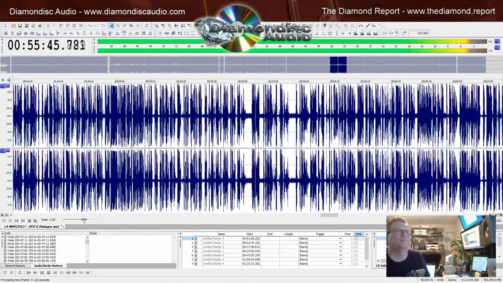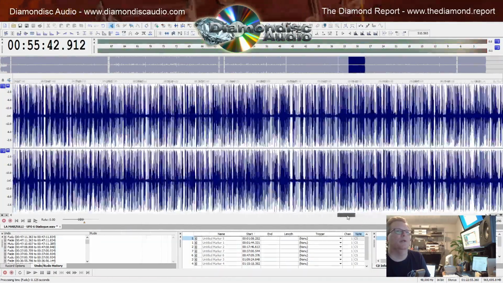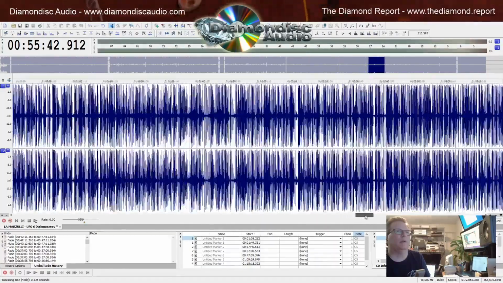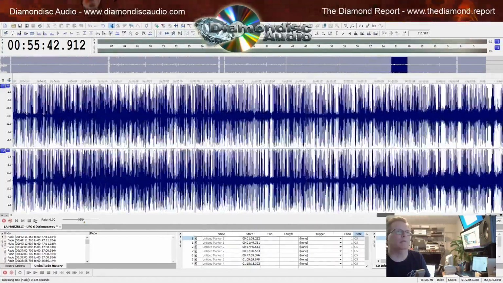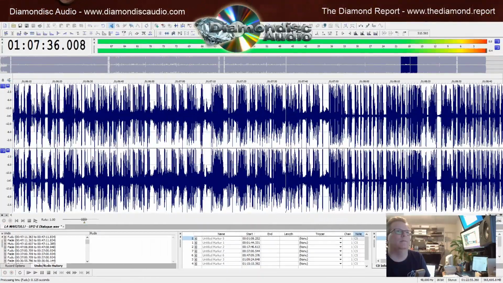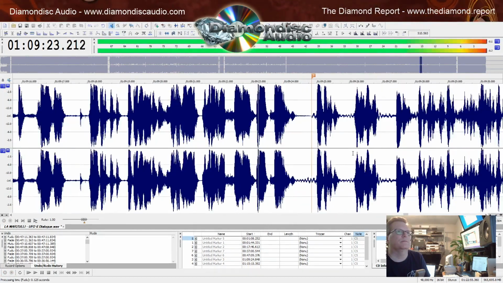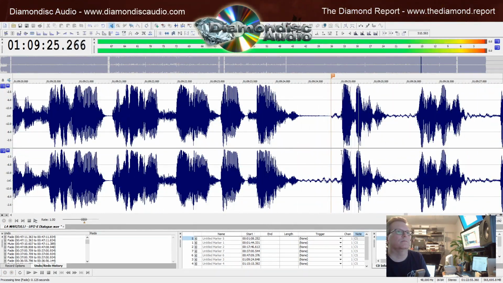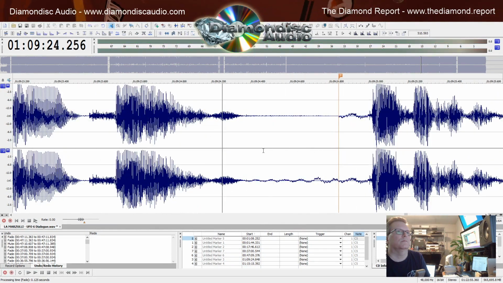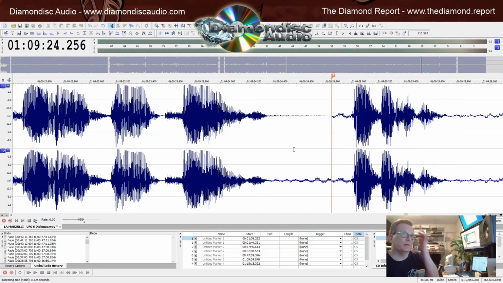It's not terrible. I probably will try and denoise it and lessen it a little bit, but I'm going to have to isolate it because there's music in this piece and I don't want to mess up the music. This is one of those sections where I had to duplicate the right channel to the left.